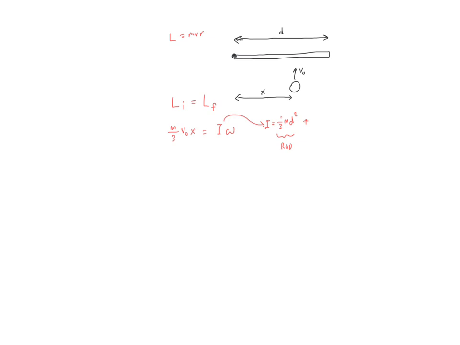Or in this case, the m is m over 3, and the r is that distance x from where the disk is hitting. So it's m over 3 times x squared,